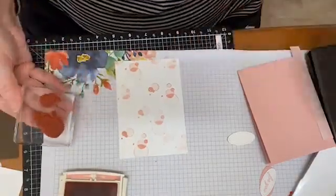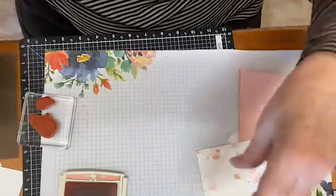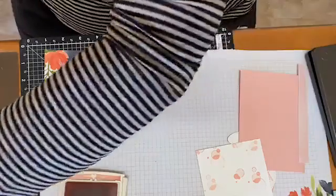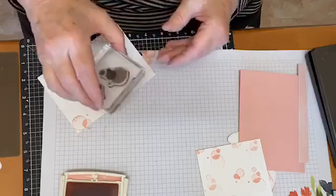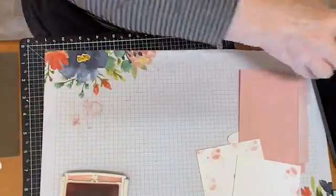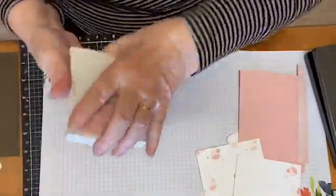Just make yourself a little bit of, when you did that on the envelope as well, and I think I did it on the inside as well, so I'm going to do that while I'm at it. Just like that, and just down the side of your card, inside of your card I mean. Close your ink up,